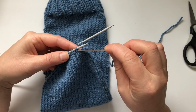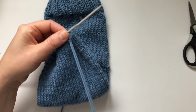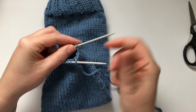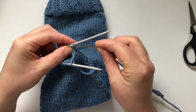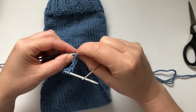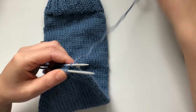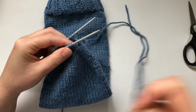Okay, there we go. Then we're going to drop that stitch off the needle, and on the same front needle we're going to go in the second stitch as if to purl and pull the yarn, and we're going to leave that stitch there on the front needle, and we're going to move on to the back needle. The same, we're going to go in the first stitch as if to purl. This time we're going to start with purl. We're going to drop the stitch off, and then we're going to go in the second stitch of the back needle as if to knit, and we're going to leave that stitch still on,